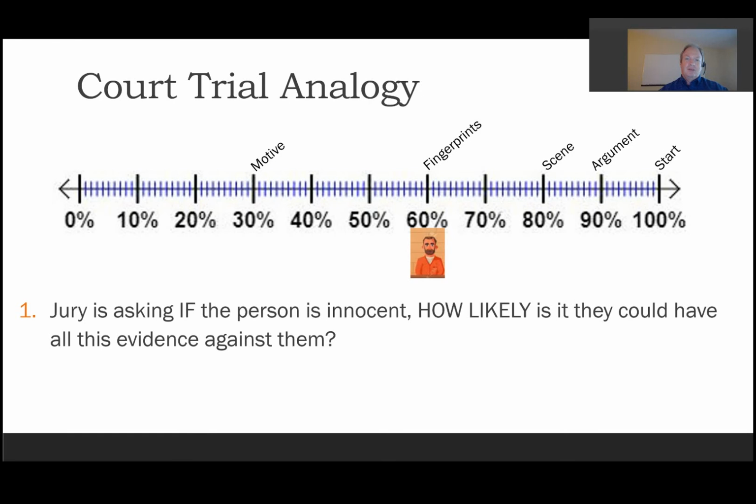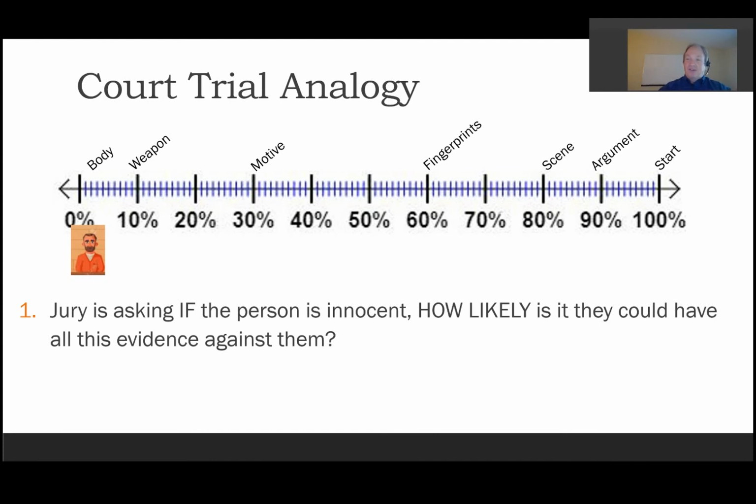And then maybe I had a motive. Maybe the victim was a male and he was having an affair with my wife, right? Now I have a very strong motive to want to kill this person. And then maybe they find the murder weapon, maybe a gun in my car. And then finally, they find the body in a freezer in my basement, right? I always joke that I had the body of a 20-year-old in my basement. No, I'm joking.